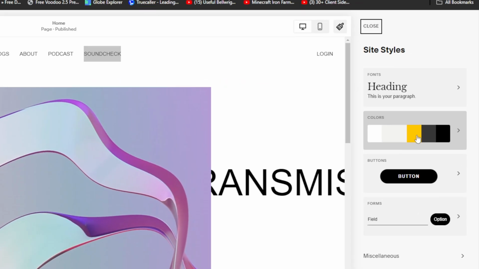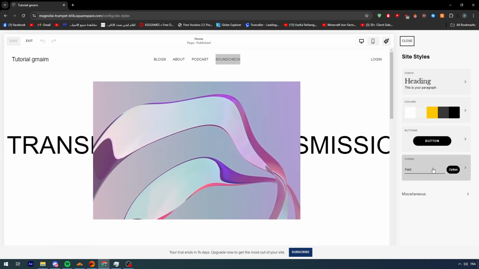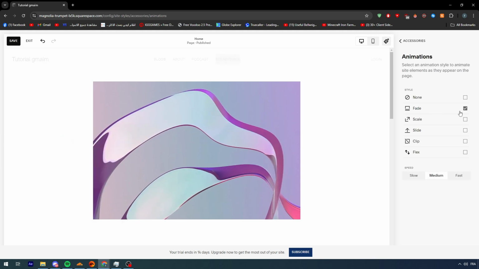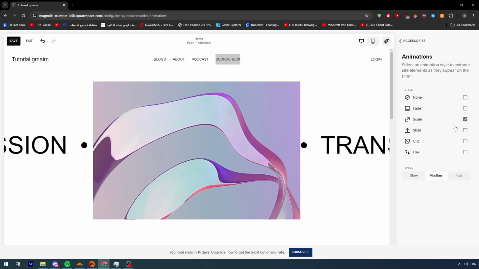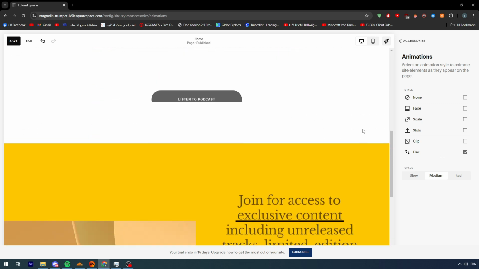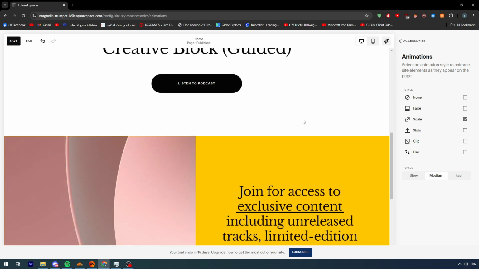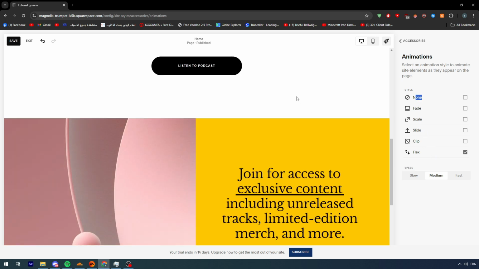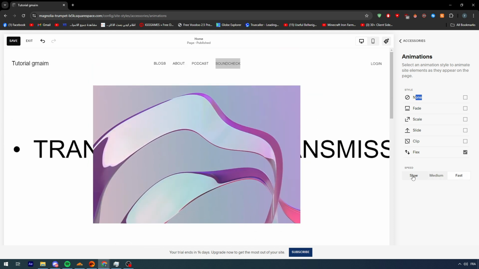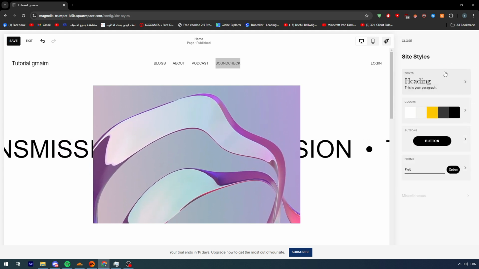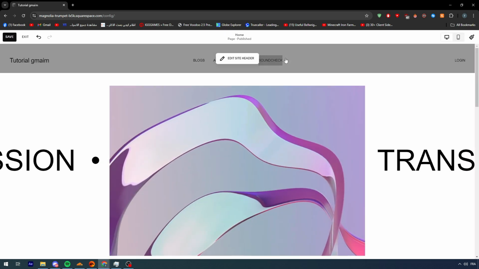So here we have the colors, the buttons, the form of the field, and basically the fonts and animations, a couple of animations in case you had any. For example, here, slide, clip, here flex, we have scale, we have fade, and we have basically none. So there is a lot to go with. There is fast, slow, and basically medium. For now, I'm not going to talk about that, but I'm going to talk about the major thing, which is